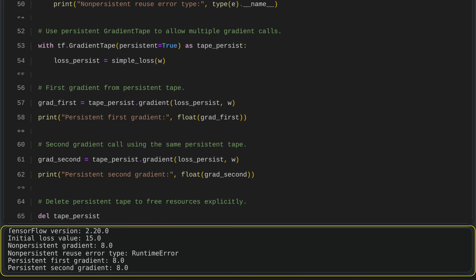This script shows how TensorFlow's gradient tape computes gradients in non-persistent and persistent modes. It defines a simple quadratic function of a variable and first uses a non-persistent tape to get the gradient once, demonstrating that trying to reuse this tape causes an error because it is single use. It then switches to a persistent tape, which allows multiple gradient calculations from the same recording and produces consistent results